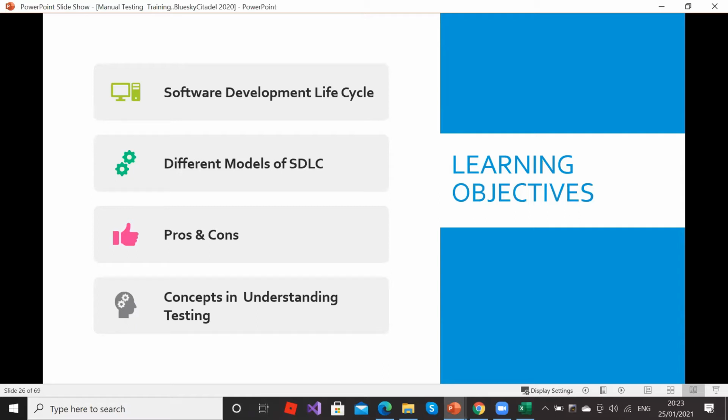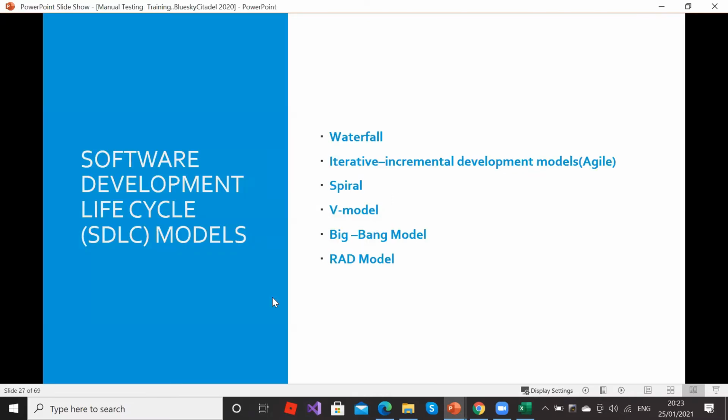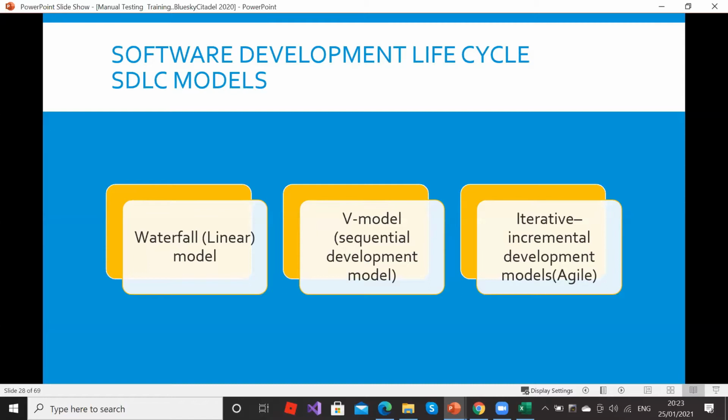So I've got different models of software development lifecycle. That's the SDLC, software development lifecycle. Pros and cons, concept of understanding. All this was explained last week. So we had waterfall, iterative incremental development model, which is called the Agile, spiral, V model, Big Bang model, and the RAD model. These are different ones, but currently we actually work on